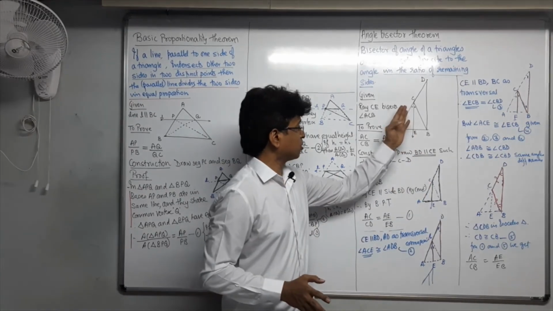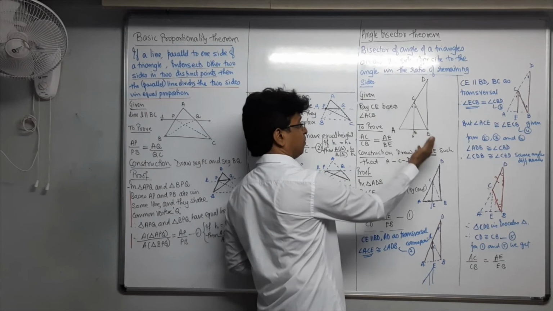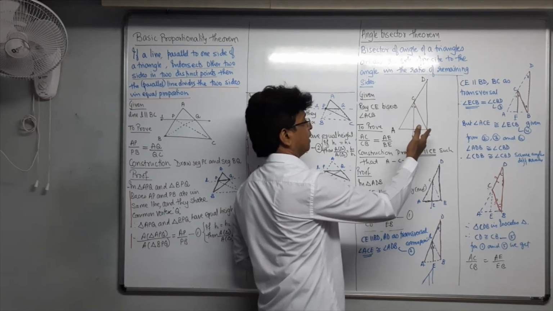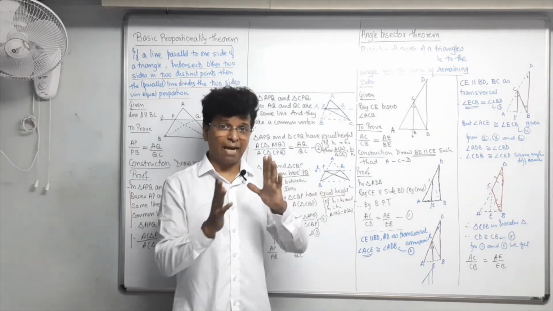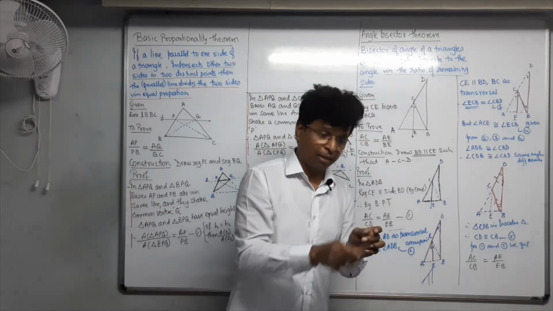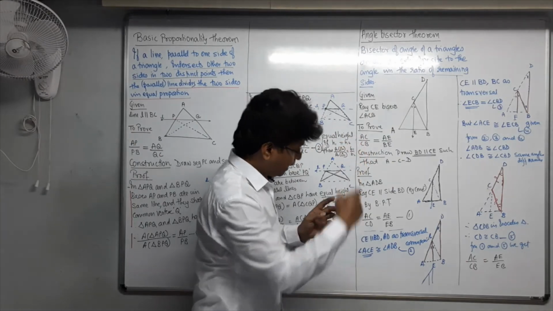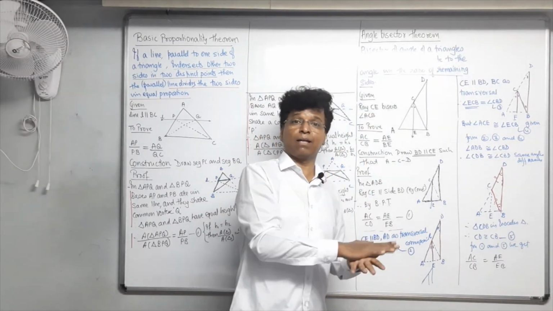You have done construction, CE is parallel to BD, okay, fine. But then there are so many triangles: triangle ACB, then triangle CDB, then there is triangle... Many triangles are there. Where are you going to apply BPT? That you should be able to trace, think on your own, track properly that this line is parallel to this side. CE is parallel to BD. Then BPT will be applicable in which triangle?